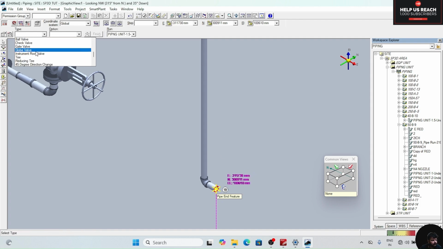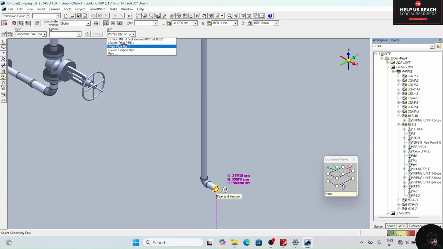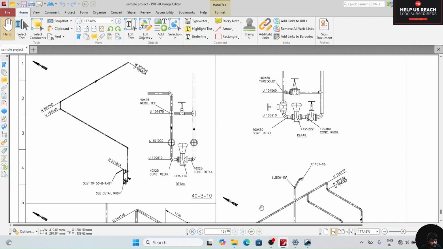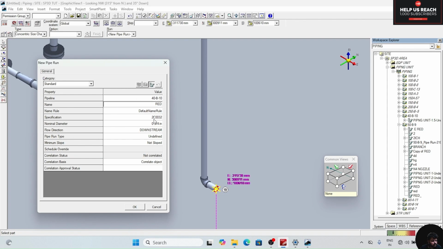Now one reducer is there. Select the point, concentric or eccentric, you can put any one. Concentric size change, new pipe run, give the name reducer. Reducer sizes, you can see here 25, that is 1 inch. We can change this to 1 inch.